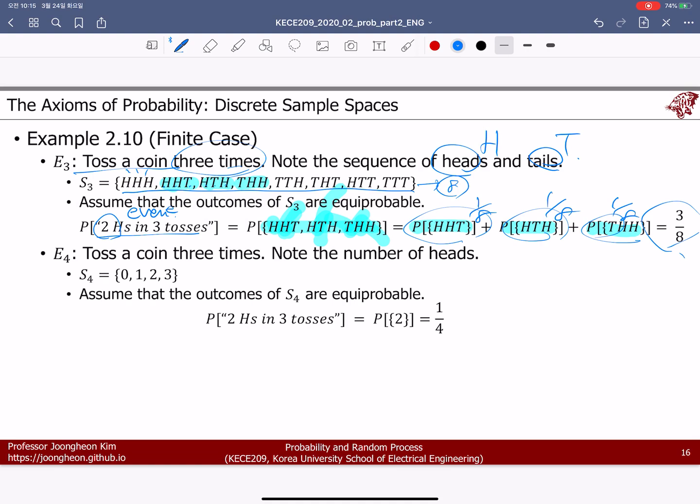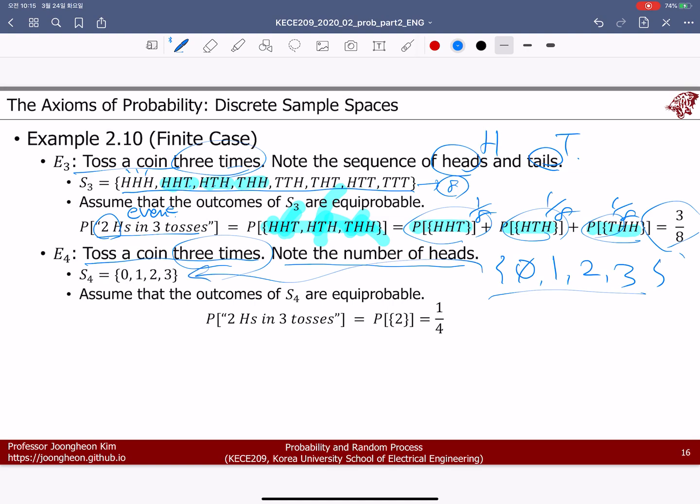Okay. So now we are doing the toss of a coin 3 times again. Now we have interest in the number of heads. So we may not have any head, that's why 0 can be a possible result. And then we have only 1 head. We can have only 2 heads. We can have 3 heads, and that's it. We cannot have 4 heads because we did 3 operations. So this is our sample space, as you can see here.